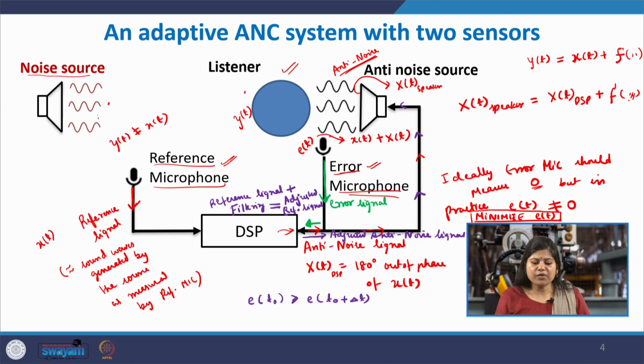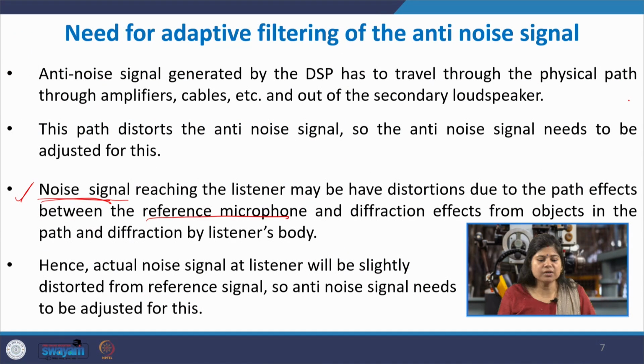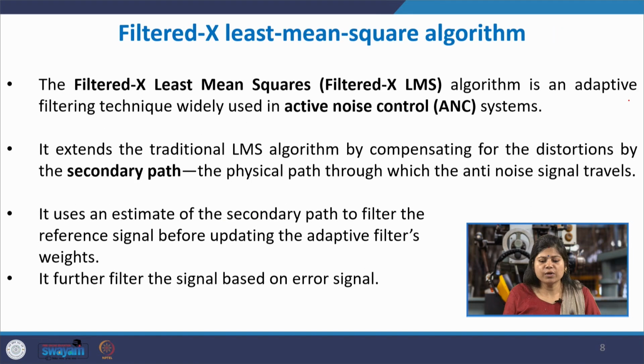So, these are the various distortions, and hence the need for an error microphone and adapting based on every pass. That is why filters are required for the anti-noise signal, so that it can adapt in real time to the changes that the sound waves are undergoing. One very common filtering technique used in ANC systems is the Filtered-X least